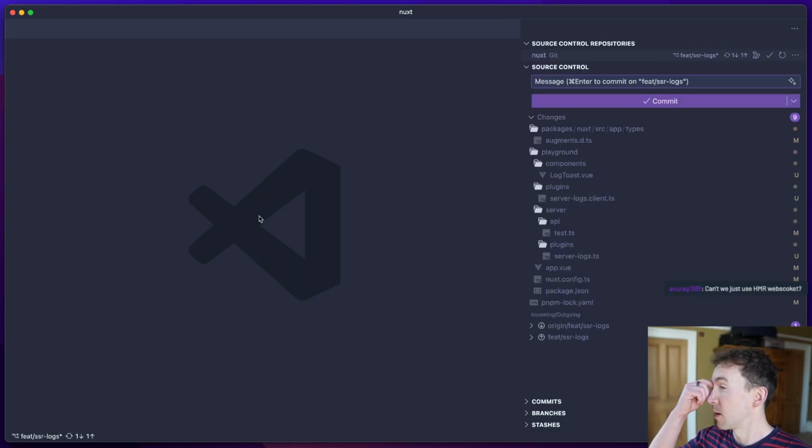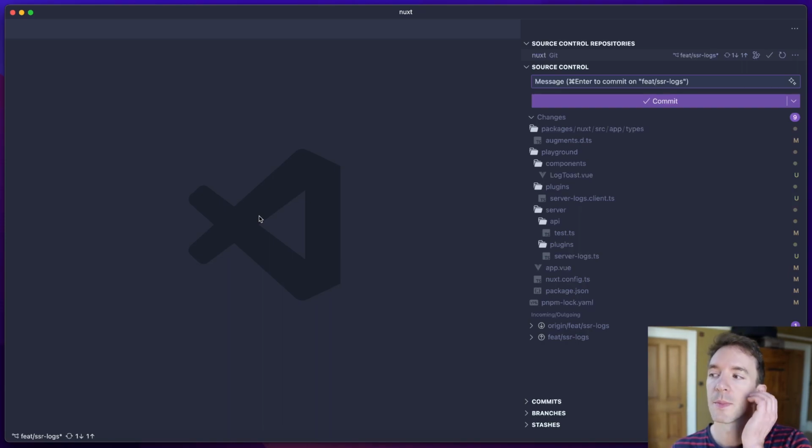Could we use HMR WebSocket? We could, although the potential issue there is that it's in a different context. So that might be the best approach. But we have the build and we have the runtime context, and would we want to move build logs to the client as well? Because I'm just imagining this is capturing logs from the app itself, like your running code basically, not a module. And if we don't,